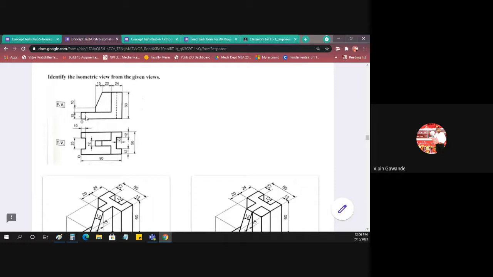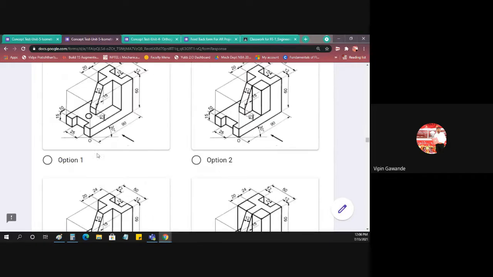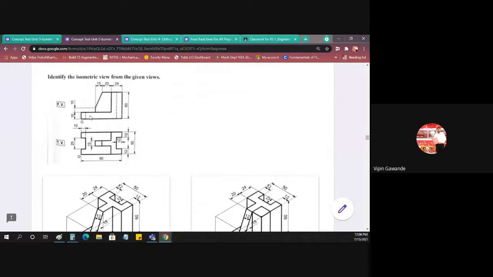Then again on the left hand side we have the dotted line. This dotted line is because of this cutout. So this line we have to transfer onto the front surface, and we'll get a dotted line here. So that is also correct. That means here it is one dotted line because of this cutout, and here we'll get one dotted line because of this cutout. So both are correct. So for the L shape both are correct.